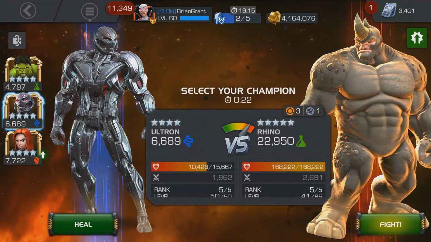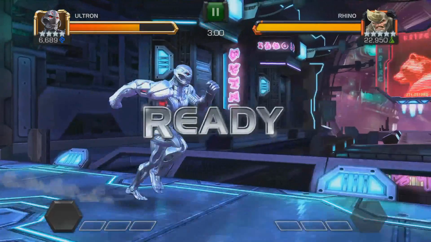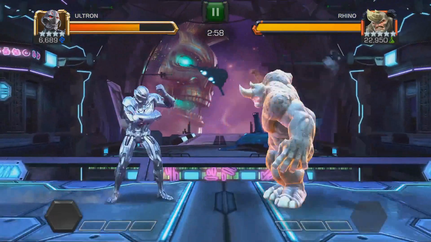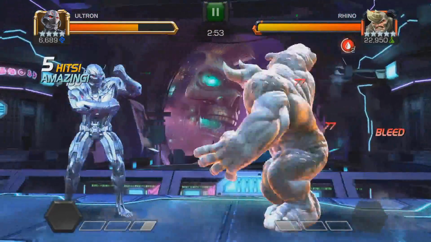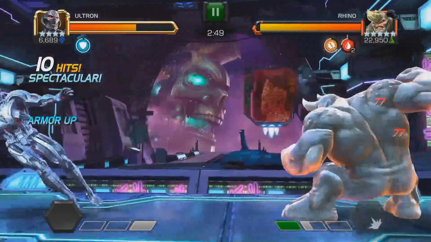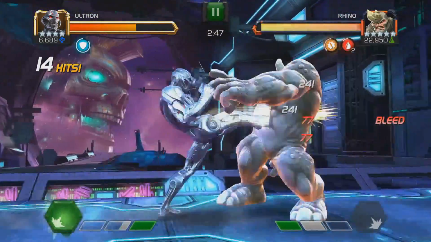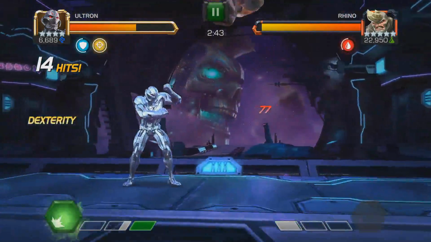I'm going to go in with Ultron, even though Ultron really is not a boss killer, especially when it comes to fighting Rhino. But it is doable, and I wanted to see if I could take down Rhino in one go, so that's why I went with Ultron here. I do recommend doing this fight with a champion that can regenerate, such as Wolverine or X-23,